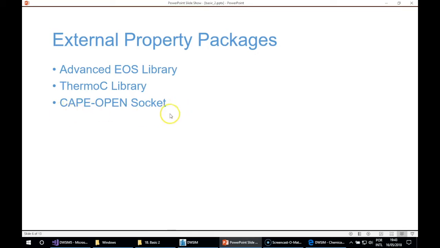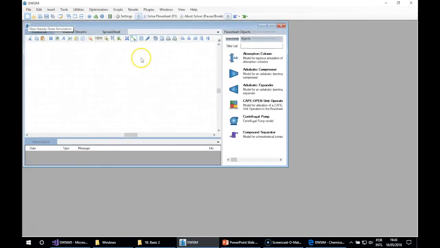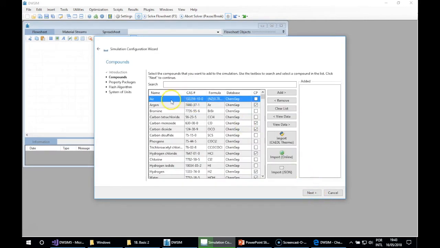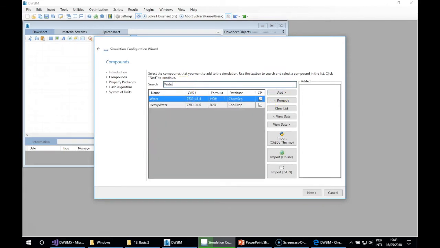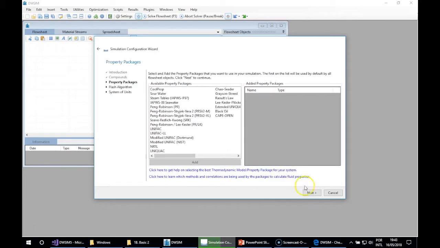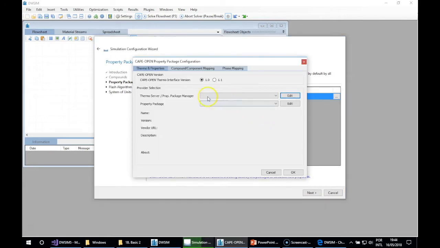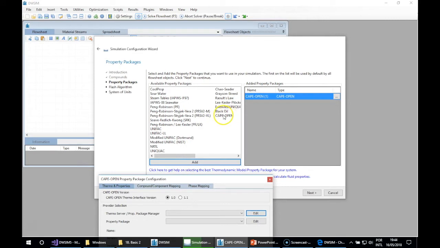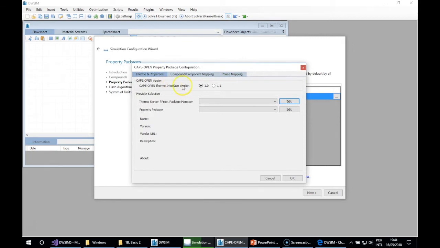For the KPOpen socket, I'll get into details in another course, but this is how it works. You can create a new simulation, and the compounds should come with the property package. So assuming that you're trying to simulate a water system and you want to use the COCO water property package, you select the KPOpen and click on Add, and you will be presented with this screen where you will select